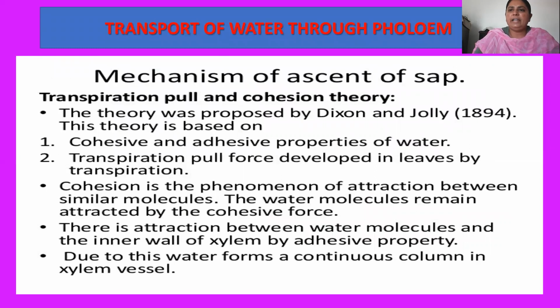Yes, students, here I have explained one more theory that is responsible for the ascent of sap within the plants. The word sap here is used for the movement of water along with minerals and other ions. Scientists have also given another theory that gives a suitable explanation of this concept, and that is the transpiration pull theory, or cohesion theory. What is this theory actually?